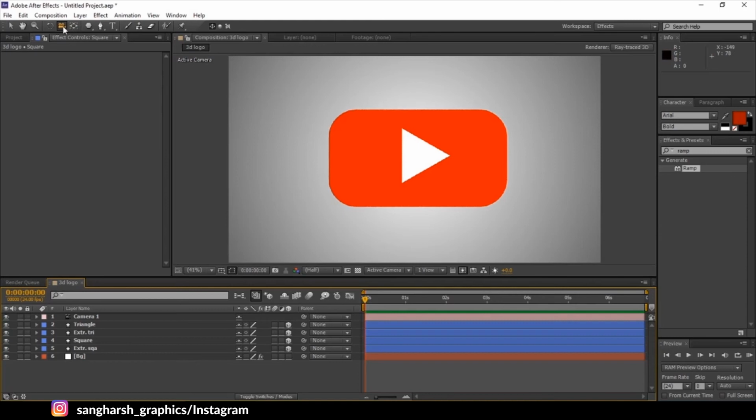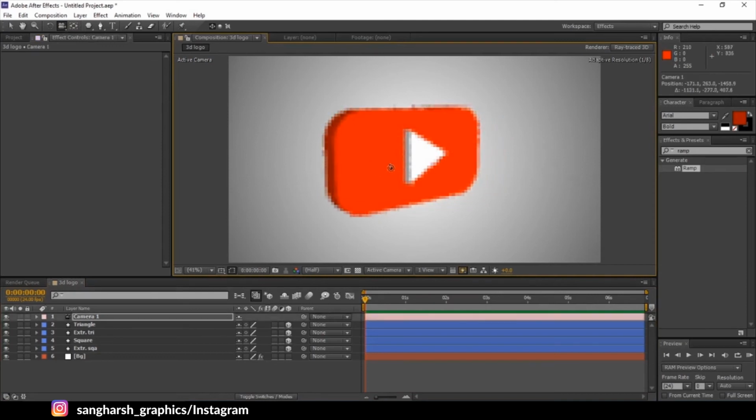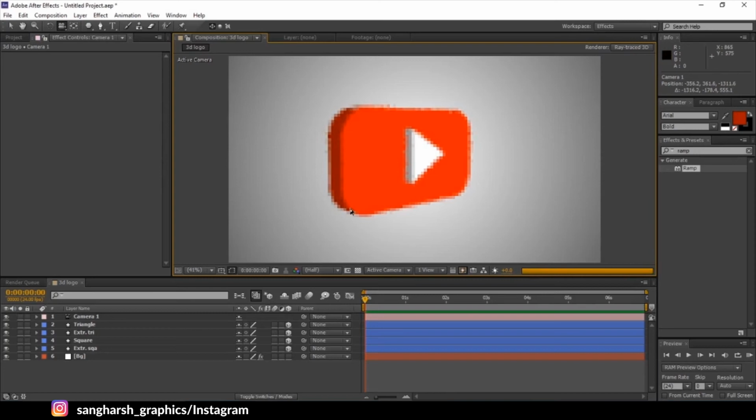Now select the camera tool, or you can just press C and just click and drag to rotate it. Now you can rotate the 3D axis here, the camera, as you wish. Now we are gonna animate it. So at the first frame, I'm gonna put it something like this.